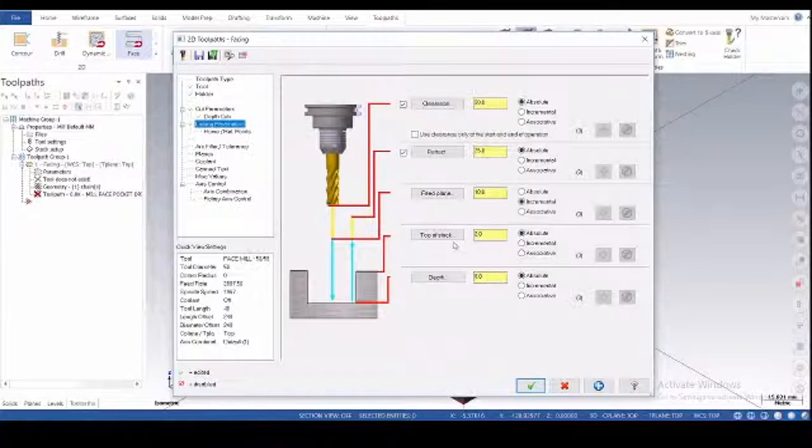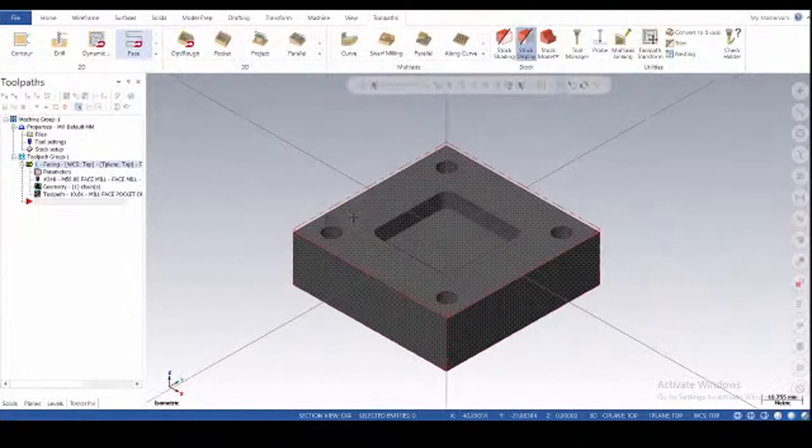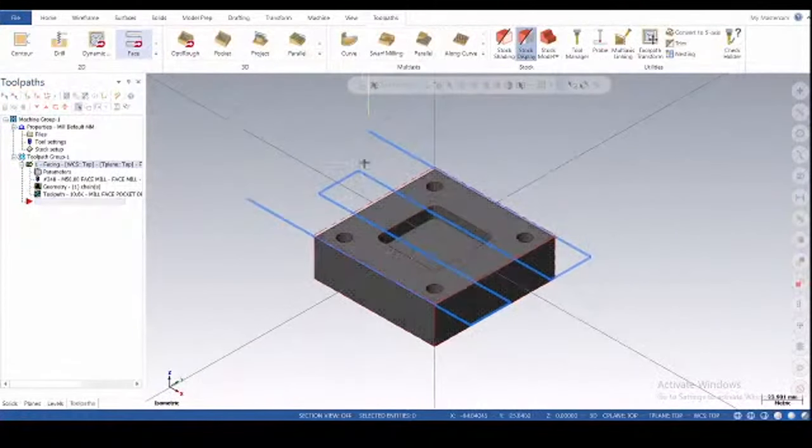As you know we have given the Z value +2, so it automatically generates that 2, and after that we just have to click OK on this, and you will see the tool path here. This is our tool path, and this is our along overlap, this is our across overlap.